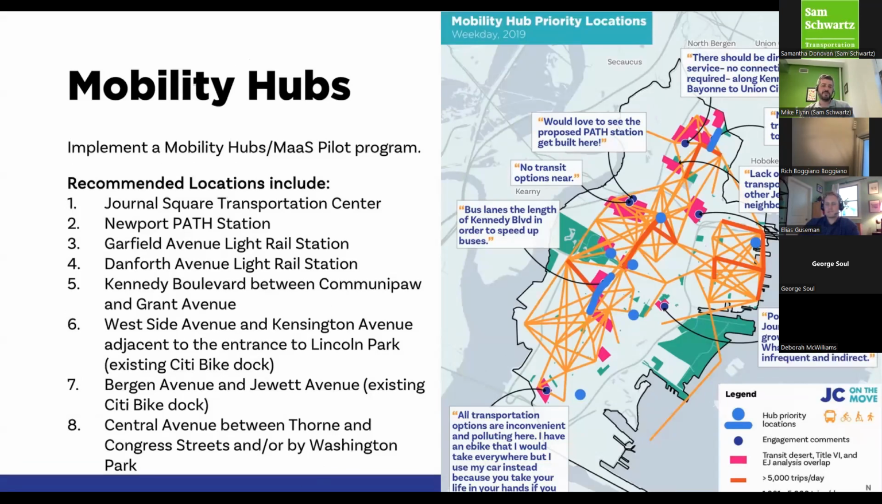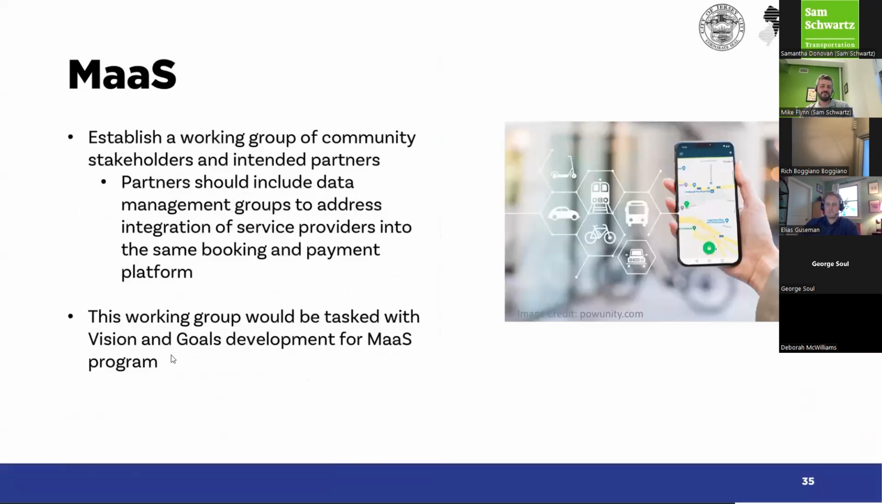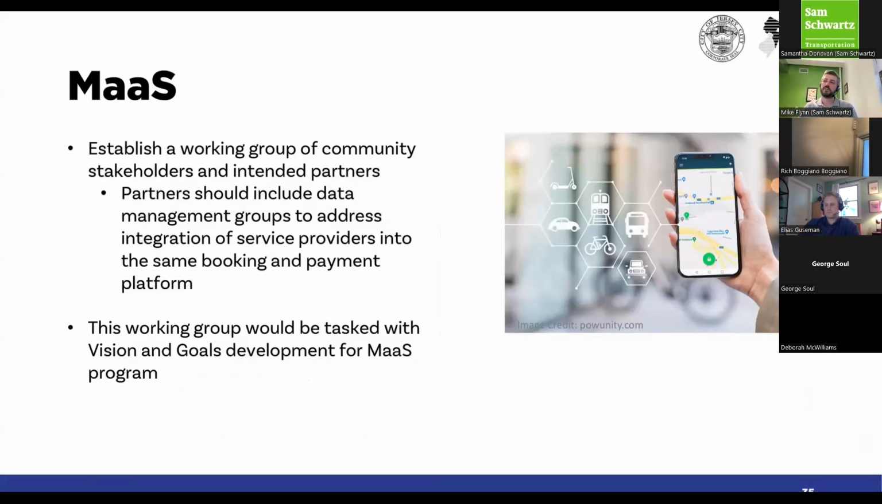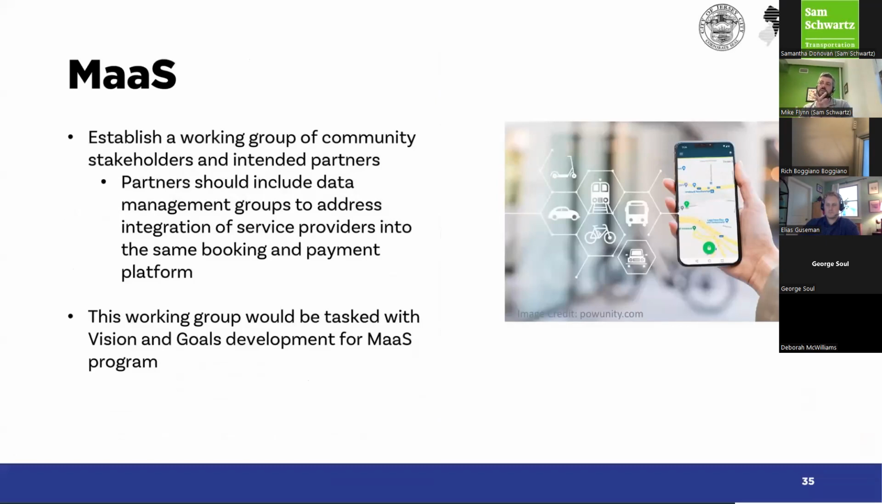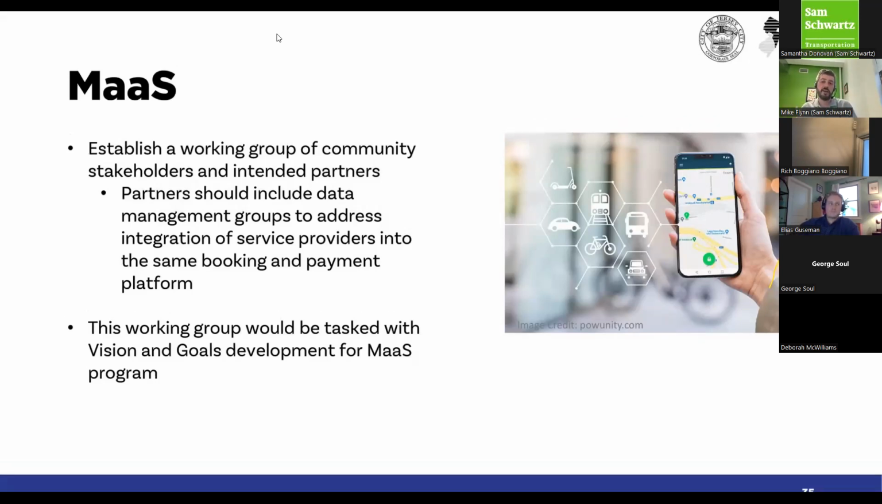Now we'd love to get your feedback. Oh, I'm sorry. I want to talk about mobility as a service first, because it kind of goes together. Basically, mobility hubs provide physical integration between different modes, like I said, and mobility as a service essentially provides technological integration. So it just basically means creating systems to